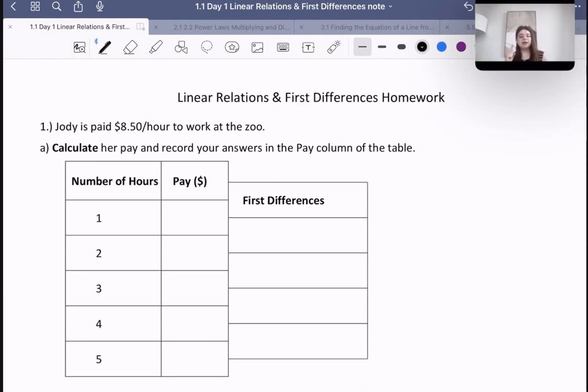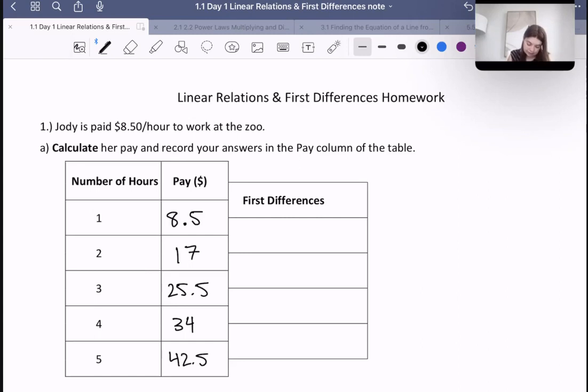Okay, so it's $8.50 per hour. So if she works 1 hour, she makes $8.50. If she works 2 hours, it would be $8.50 times 2, which is going to be $17. And then if she works 3 hours, that would be $8.50 times 3, which is $25.50. If it was 4, that would be 34. And then if she works 5 hours, she'd make